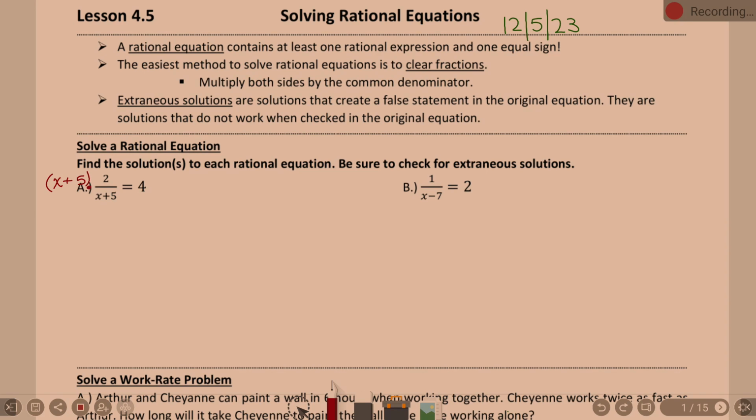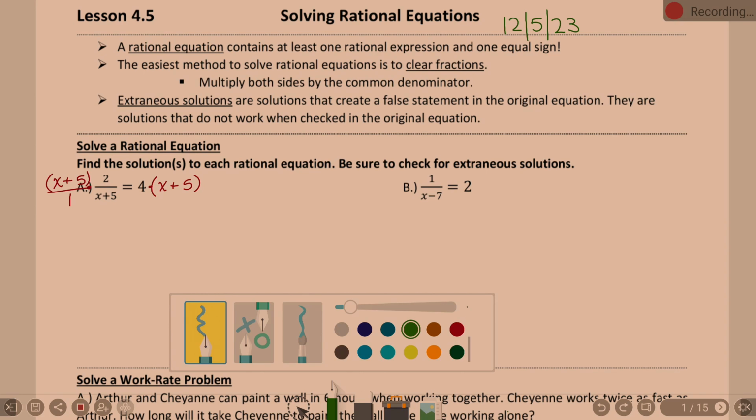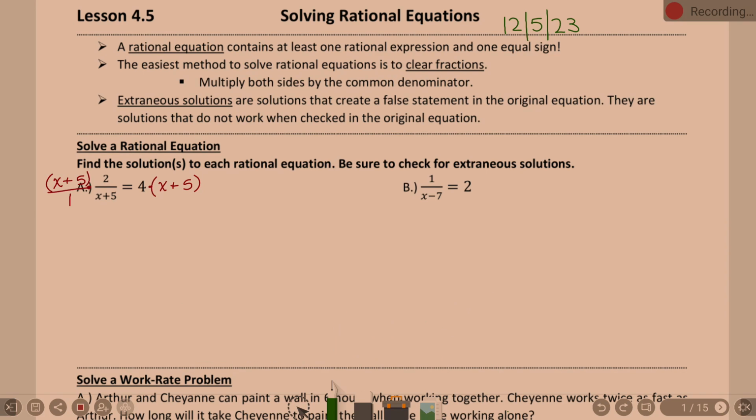If I multiply the left side by x plus 5, guess what? We're multiplying the right side by x plus 5. I am putting it in parentheses because it's a quantity there. Now, on the left, it's x plus 5 times a fraction. How do you make x plus 5 a fraction? Put it over 1. What happens? x plus 5 on top can cancel with x plus 5 on bottom. What remains then? 2